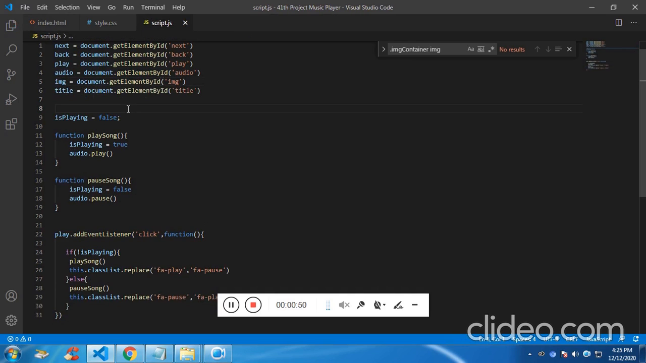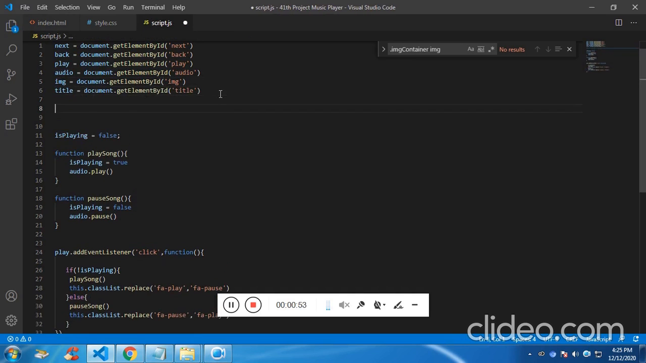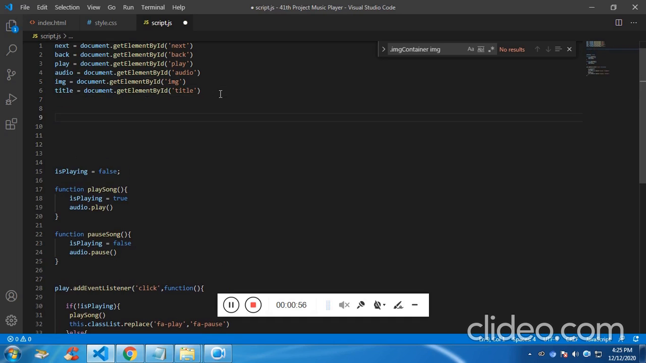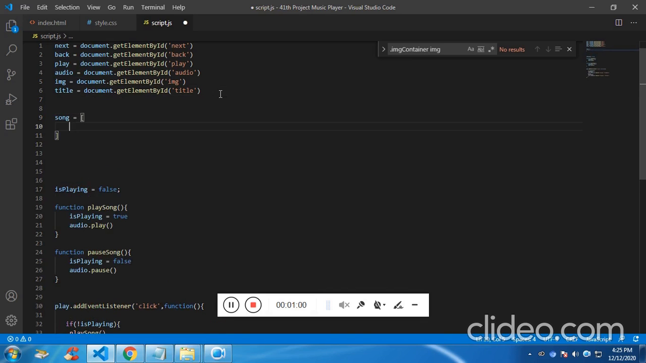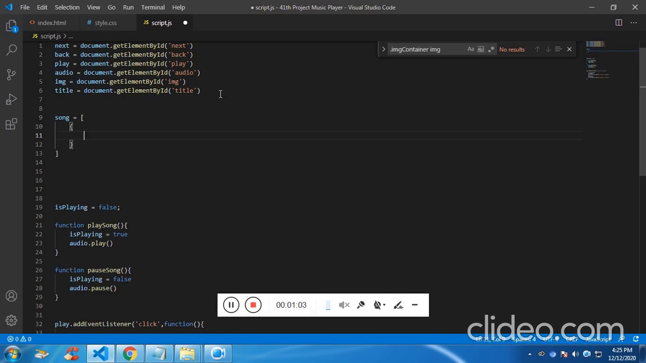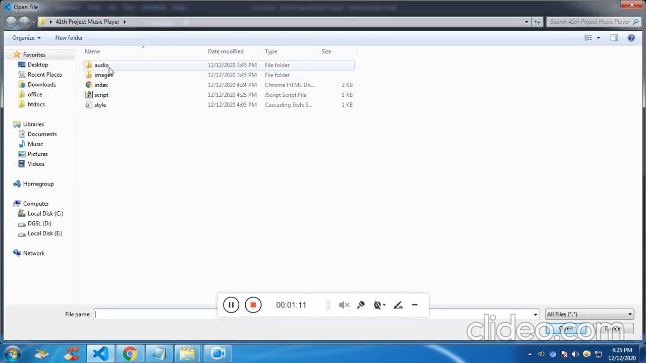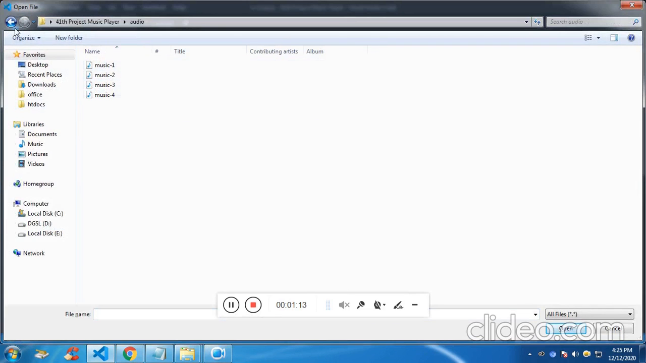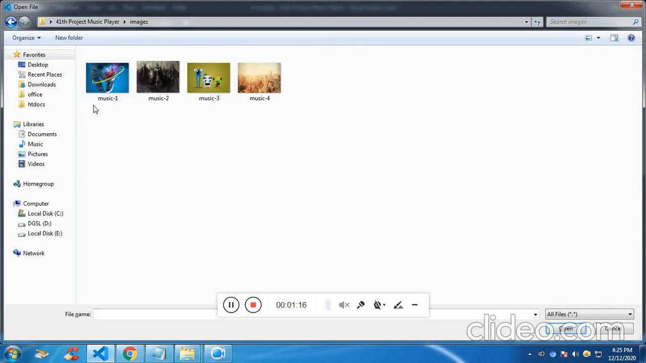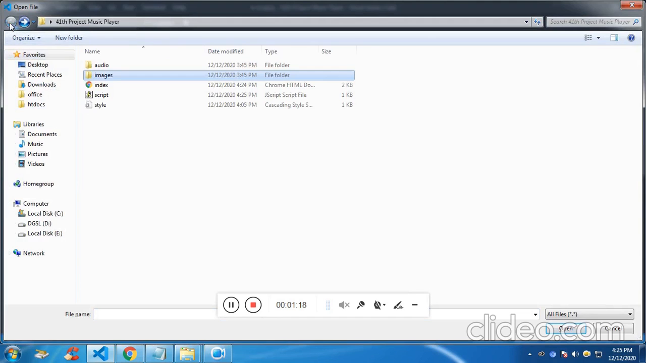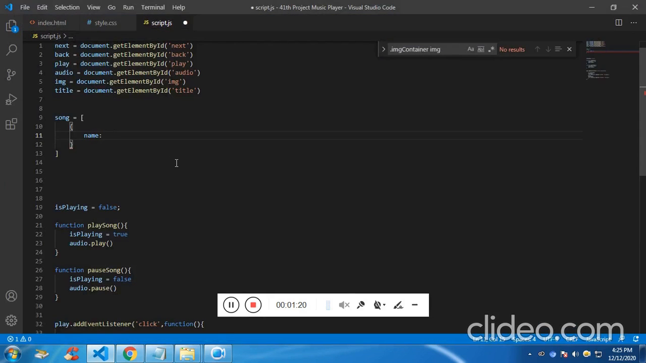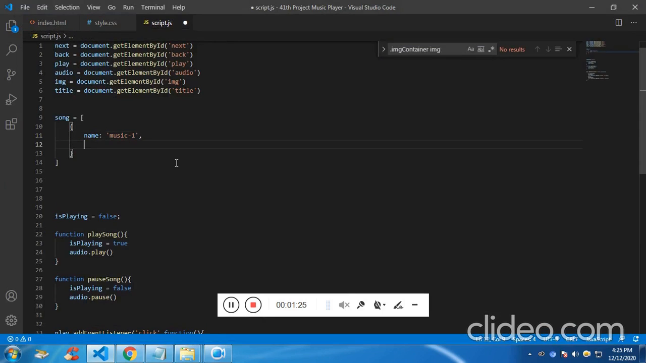Fine. Now we are going to create an array, let's name it songs. Inside the array, let's create an object, and this is going to be name. Let me show you what I actually have on the audio. I have the same name as the images: music 1, music 2, music 3, music 4. So music 1, and then